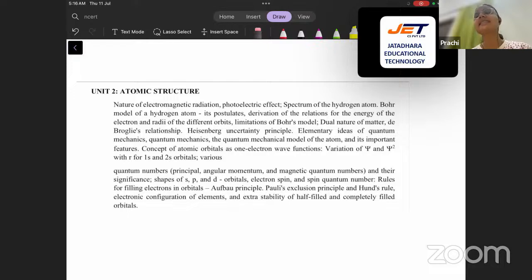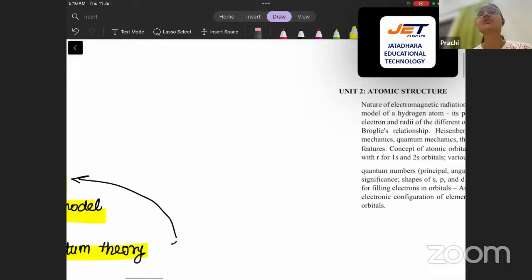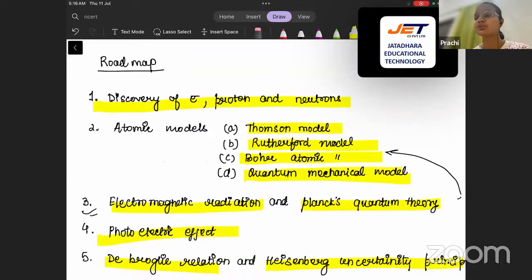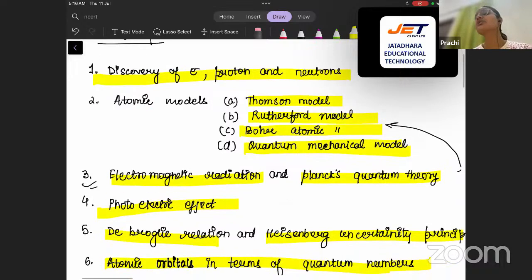So what we can see here is that in the syllabus, we are not required to learn about the discovery of electrons, protons, and neutrons. Also, we are not required to learn about the Thomson model and the Rutherford model. So from here, you will not be getting questions in your competitive exams, whereas your chapter has to start from